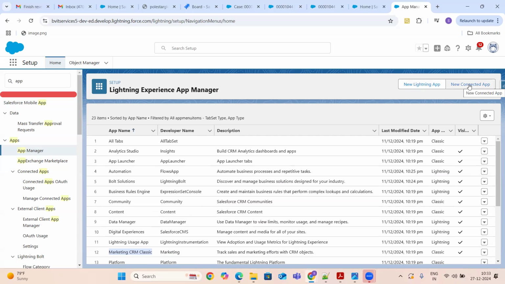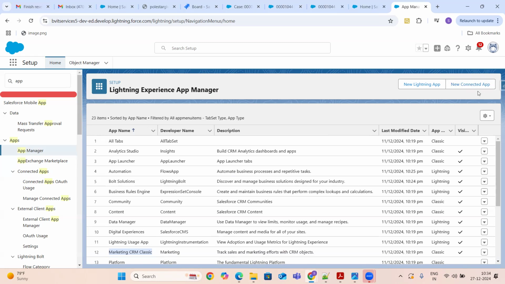Connected apps we use for authentication purposes, guys. If a third party system wants to access Salesforce, we have to create a connected app that will generate a username and password. We can provide that username and password to the third party system, and using it they will access our system.